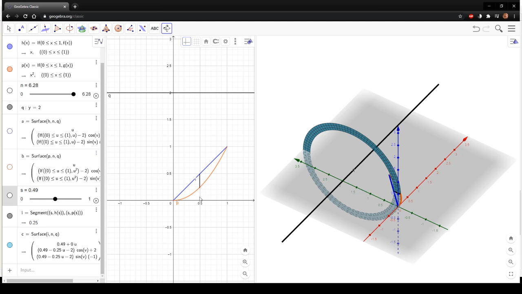And what is this? Well, that's the distance to the parabola, so that's x squared. So big R is 2 minus x squared. Okay? Similarly, the inner radius is 2